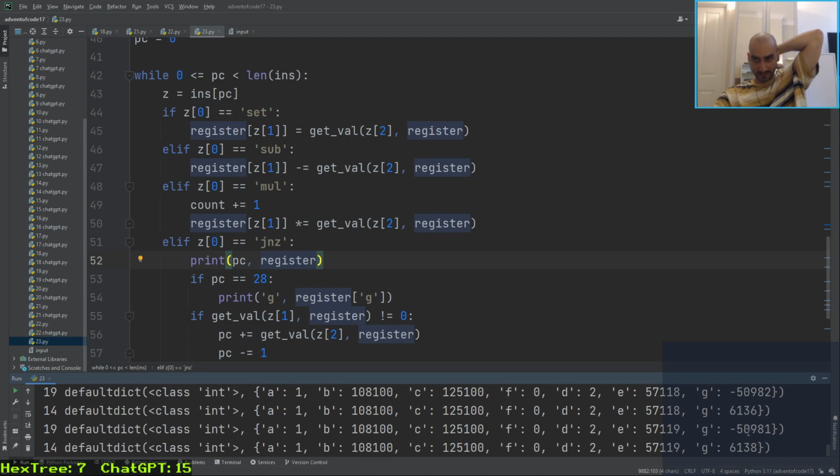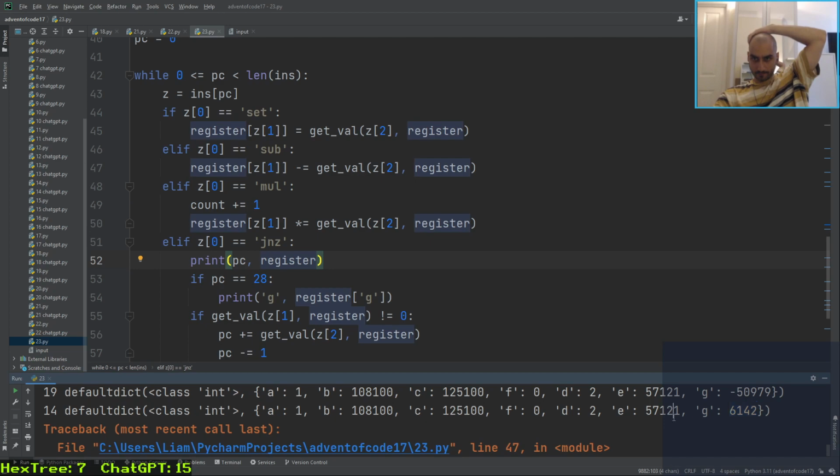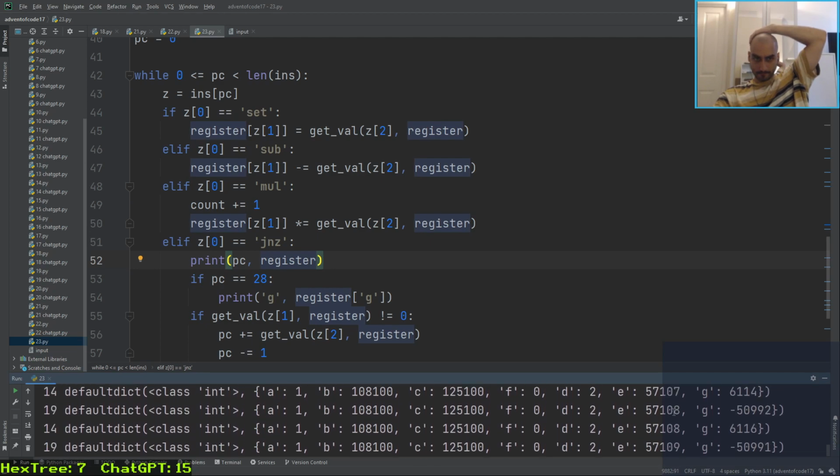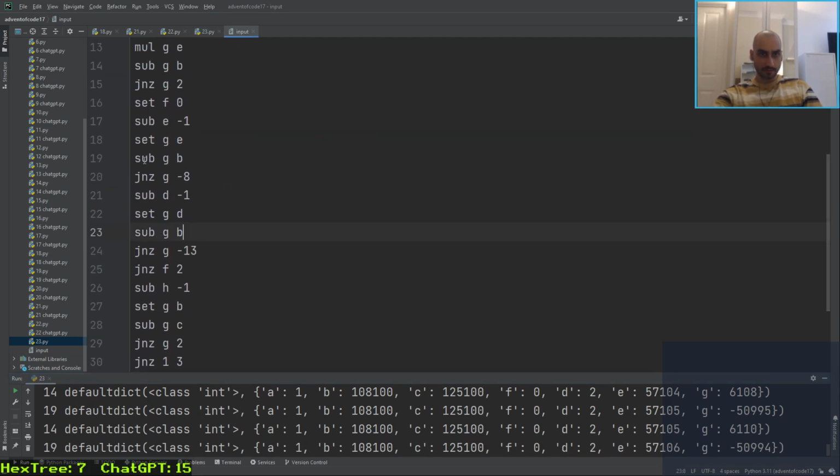Whenever it's at 19, so we want to know when it will get past 19, because after it gets past 19,